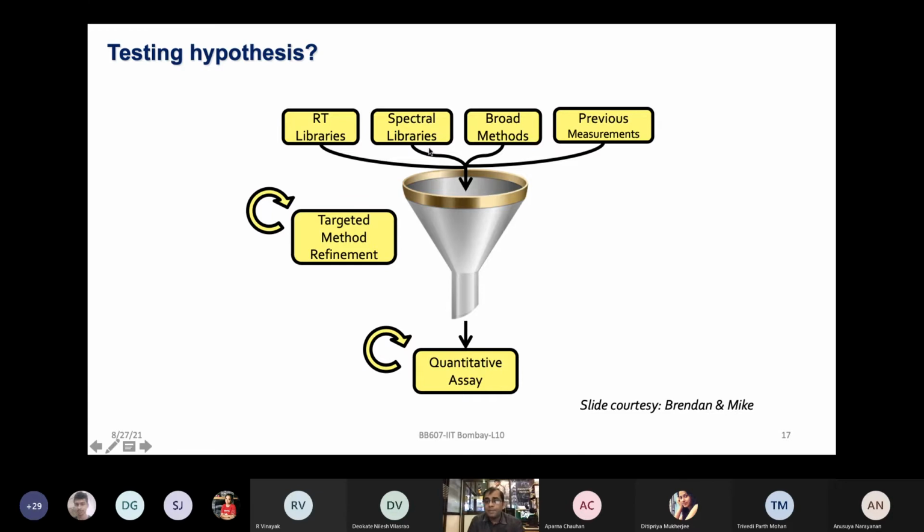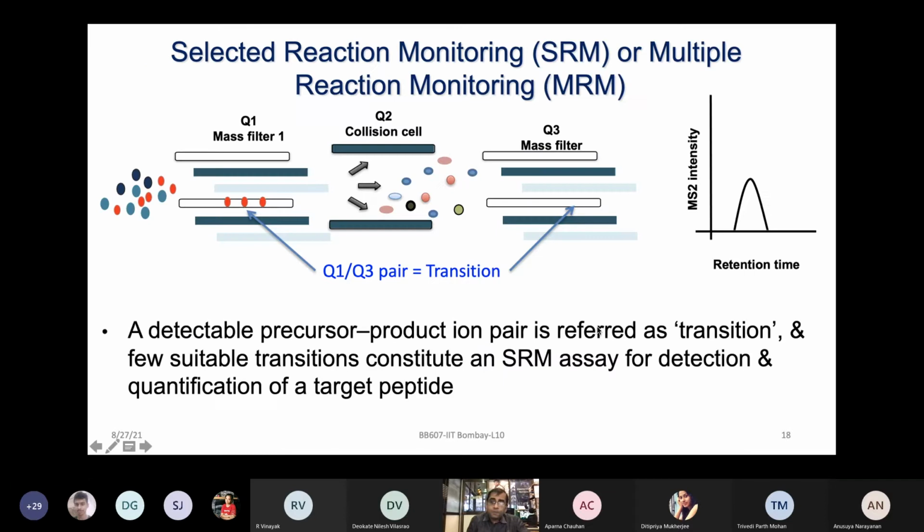So again, a spectral library is being generated. You can always start with some broad methods, and then you can refine the methods, and based on those, you will have the next set of experiments, which will be very specific to the collision energy and to the specific type of transition which you would like to use to do the quantification for a larger number of independent samples. So a lot of knowledge and thought goes into designing these experiments. I'm sure slowly you'll get more familiar when we show you the software and the considerations for planning these activities.